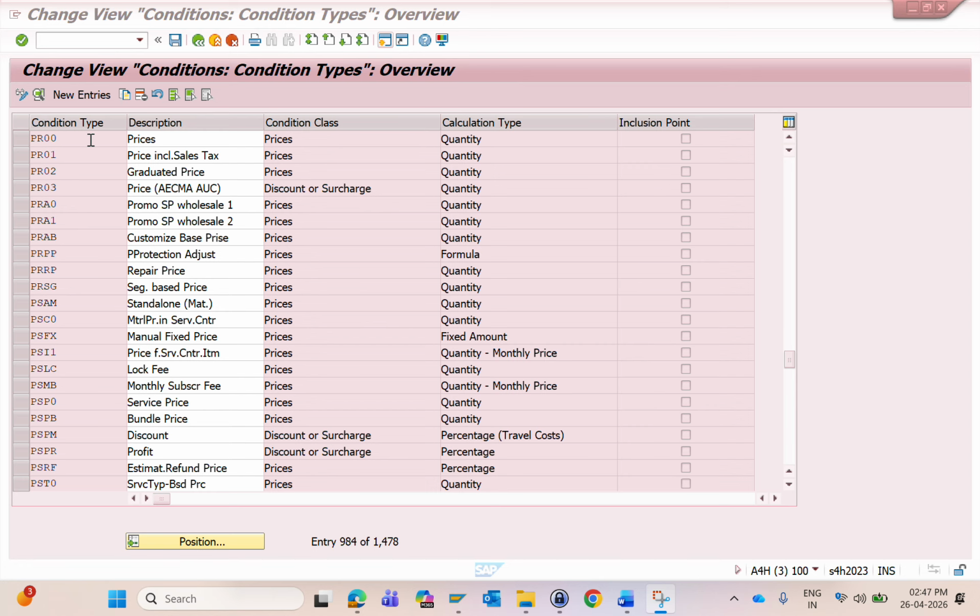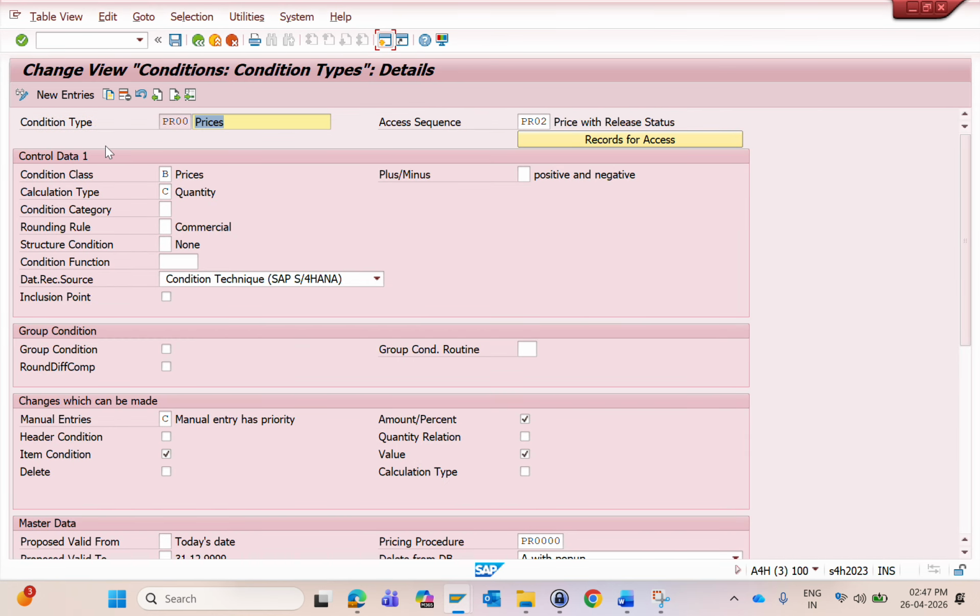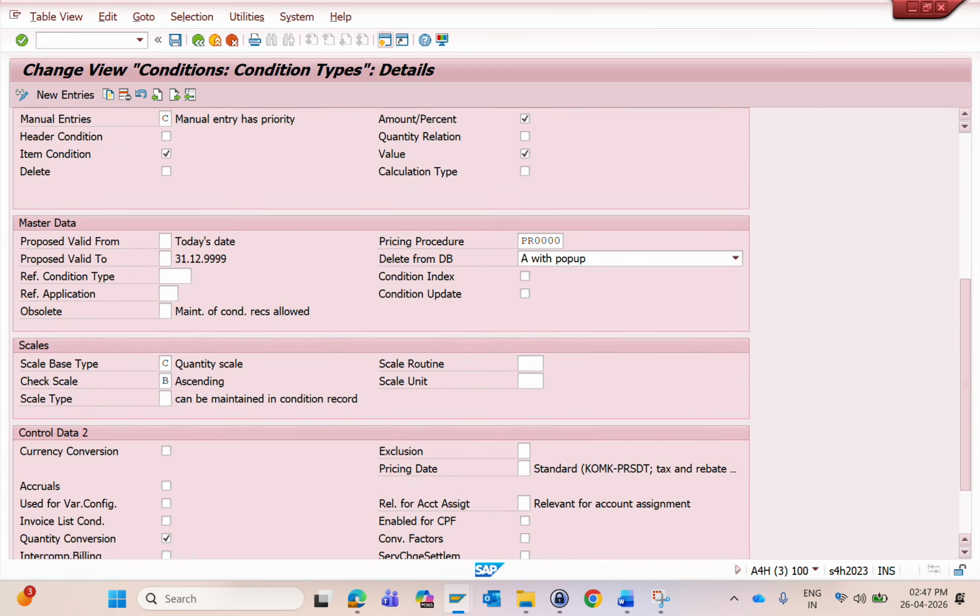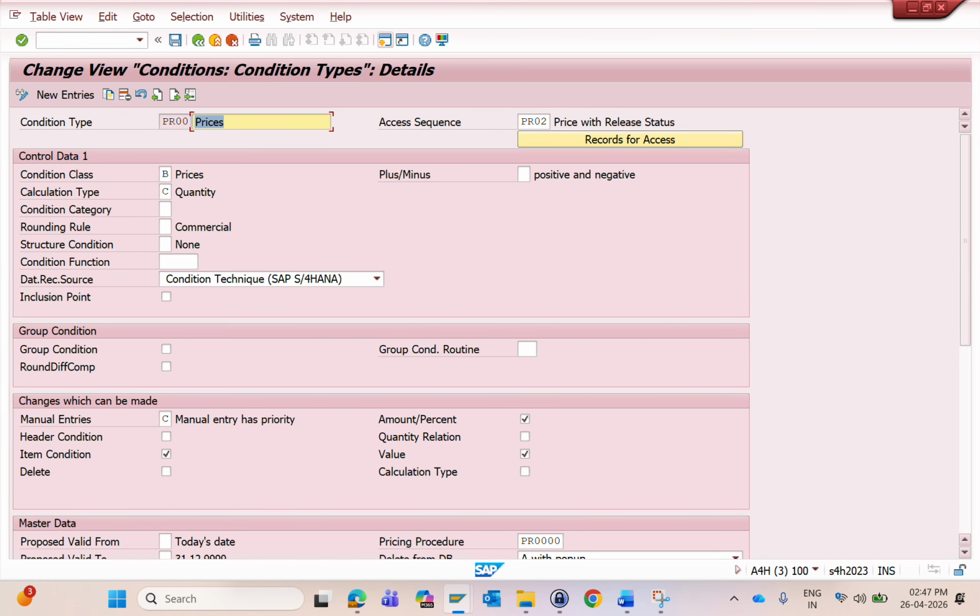So if you look into the condition type in detail, if you go to the detail screen, you can see these many controls are there. These many fields are there, every field having its own significance, every field having its own usage. In this video I would like to tell you about the significance of each and every field of the